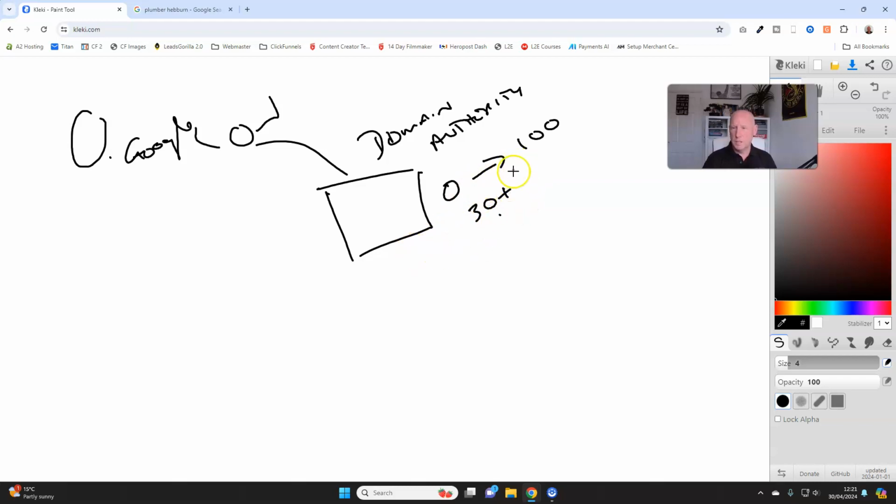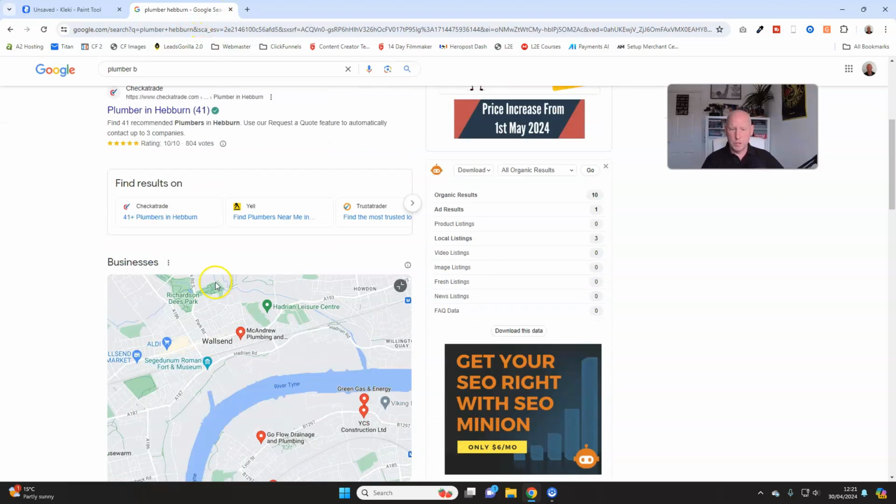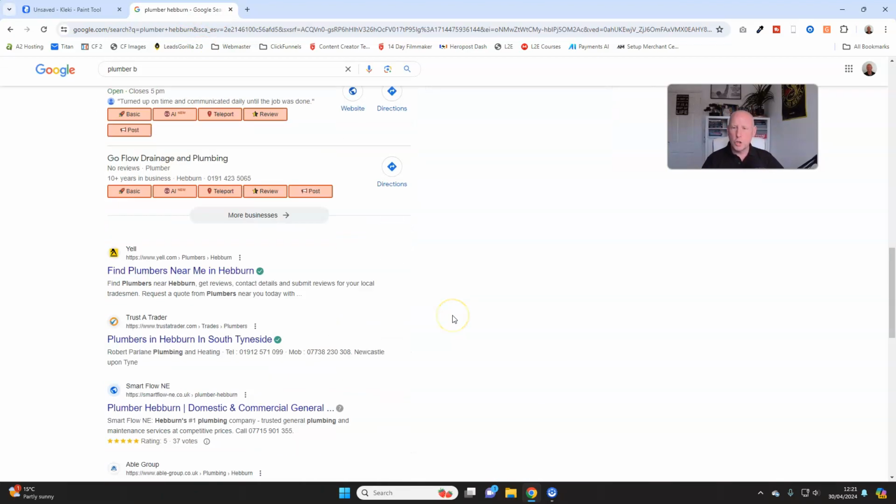Okay, this is a massive tick for Google. So when it comes back, it knows that you are an authoritative website in your business, trade, and industry area. So it gives you a massive thumbs up to improve your actual rankings where you are. Okay, so backlinks, vitally important. And then finally, content relevance,